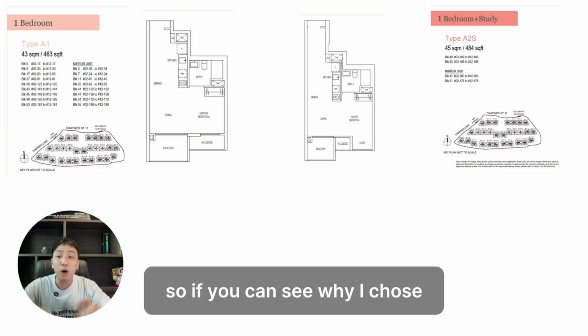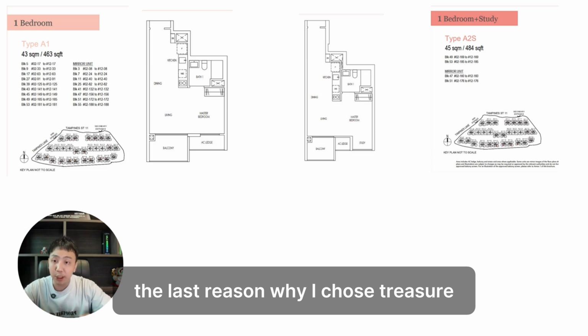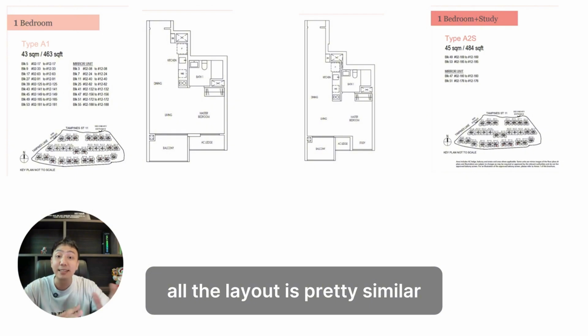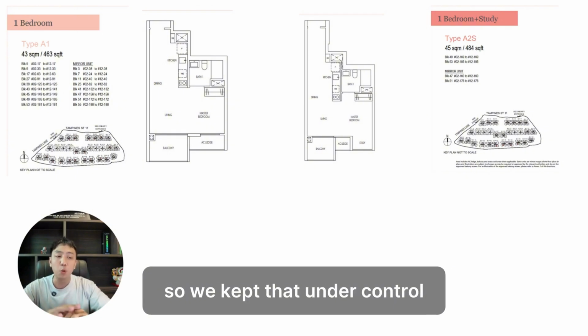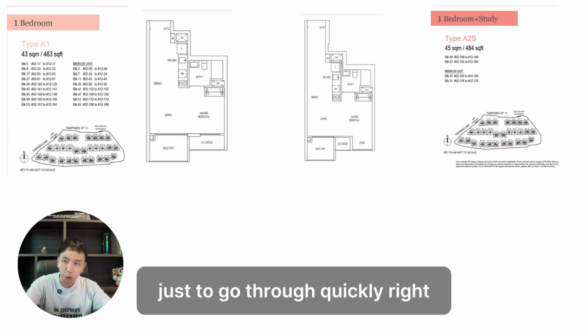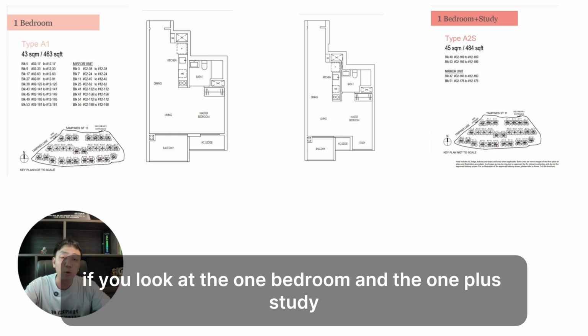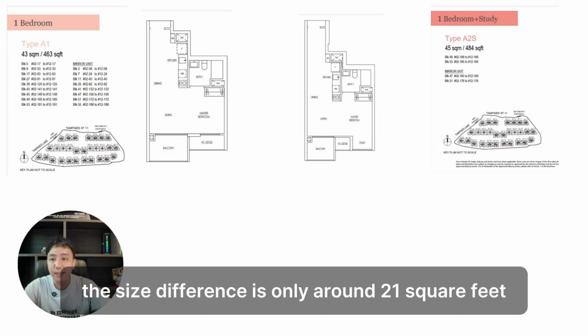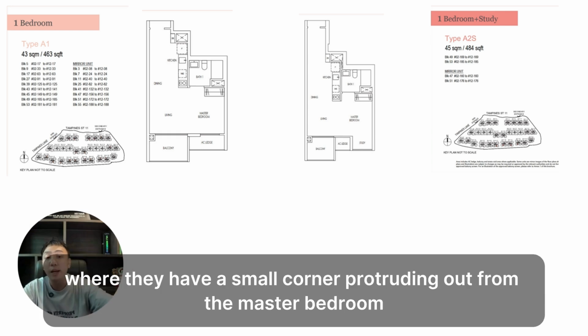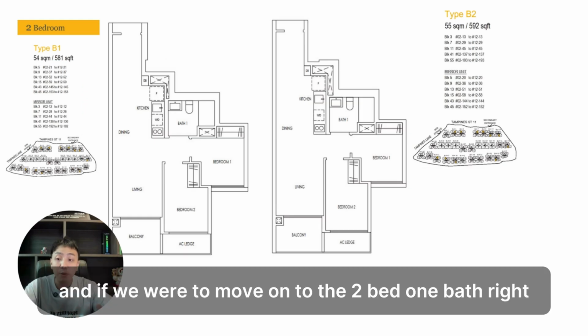So the last reason why I chose Treasure at Tampines for comparison is that all the layouts are pretty similar. There's not much variation, so we keep it under control and we can form an easier conclusion as to whether facing matters. Just to go through quickly, if you look at the one bedroom and the one plus study, the size difference is only around 21 square feet, and that difference is in the master bedroom area where they have a small corner protruding out from the master bedroom. And if you move on to the two bed, one bath,